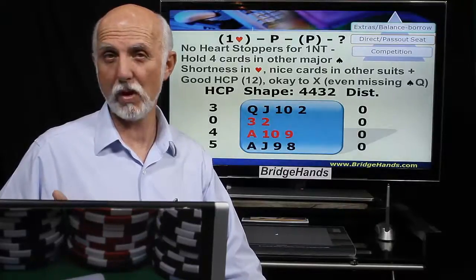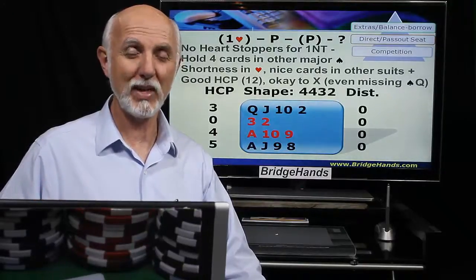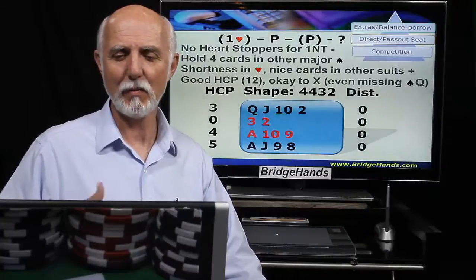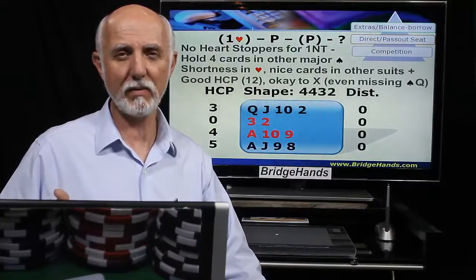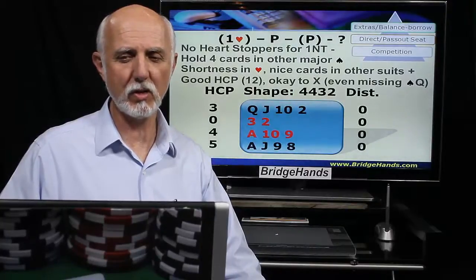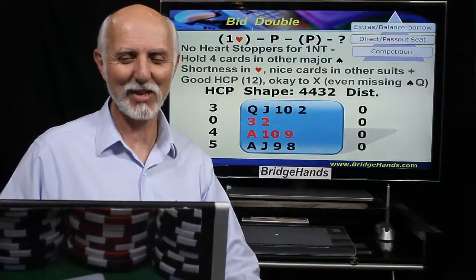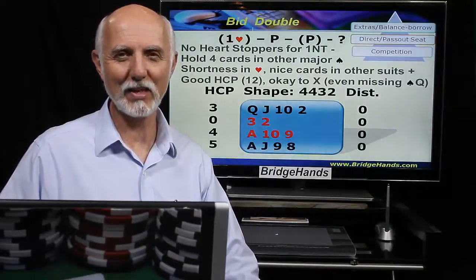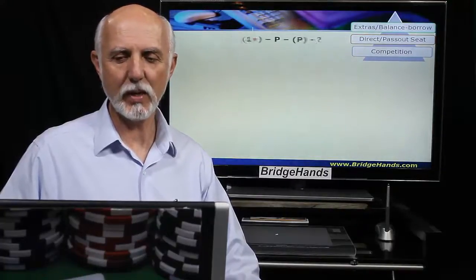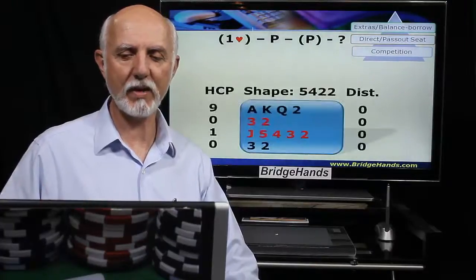We have a good 12 high card point hand, and it would be okay to double, even if we were missing the queen of spades this time. Now we have how many? 4, 5, 9, 10, 11, 12. I'd say even with 9 points, missing that queen of spades, I would still make a takeout double. So here for sure, go ahead and make a takeout double. Hopefully your partner is going to find that spade suit. Okay, very good. Next one we're going to take a look at is 1 heart, pass, and we have a